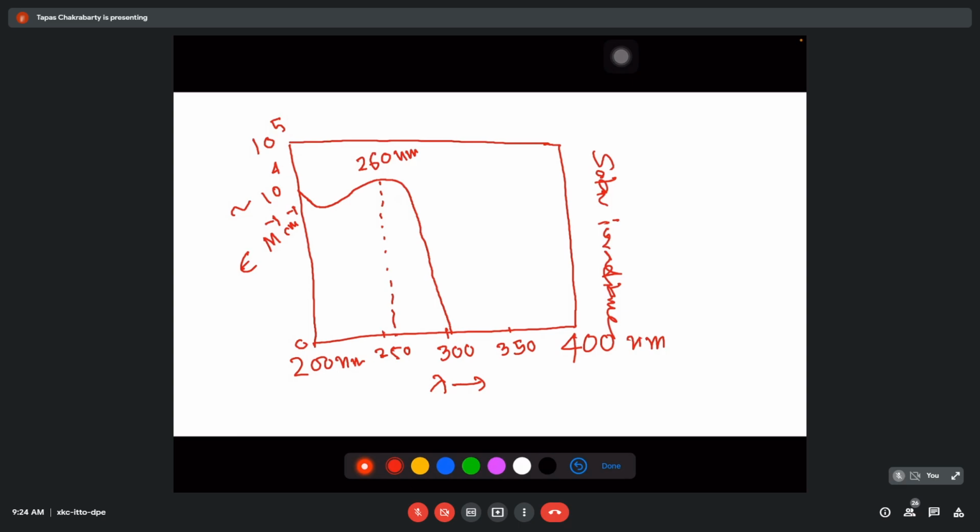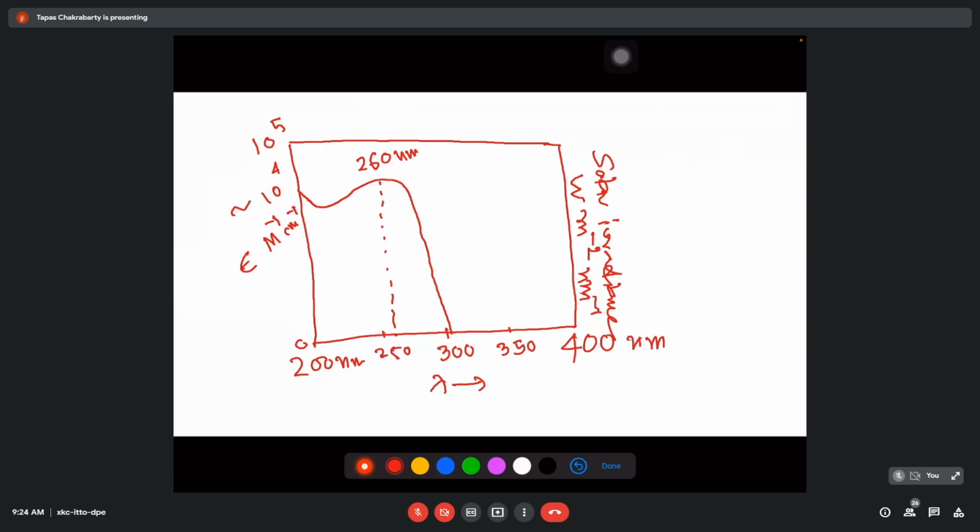Solar irradiance. My handwriting is becoming bad on this smooth surface. So if you write the unit like this, watt per meter square per nanometer. Okay, so this is the unit of your solar irradiance. That is how much power there is per nanometer per meter square, in units of watt. Then the value comes out something like this.